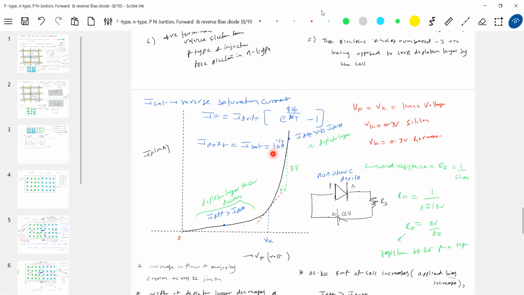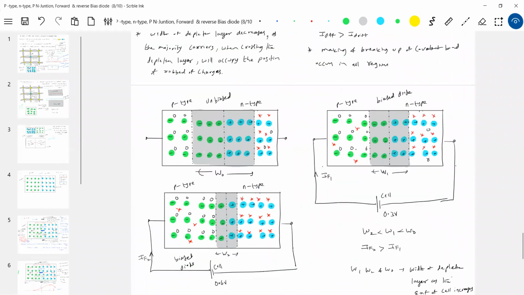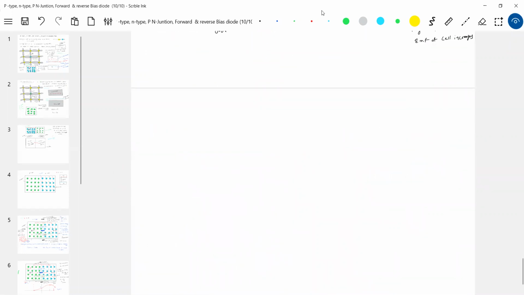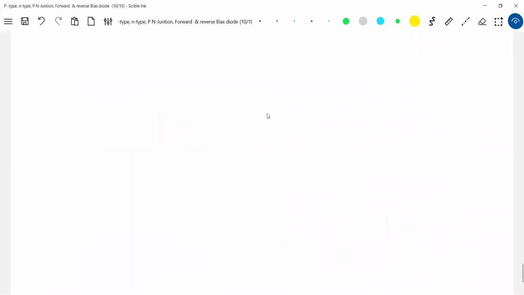This will vary based on the diode, from 10 to the power of minus 12 to 10 to the power of minus 8. Some books give 10 to the power of minus 18. Different books give different values, on average 10 to the power of minus 12, a very small current due to the minority carrier current. Got this? This is about the graph which you have to remember, and based on this equation any questions can come. Now, as I increase temperature, what will happen? If I increase temperature, the curve will shift.